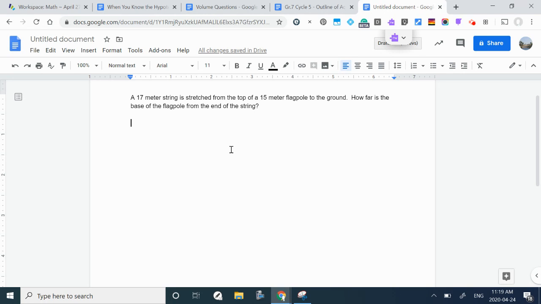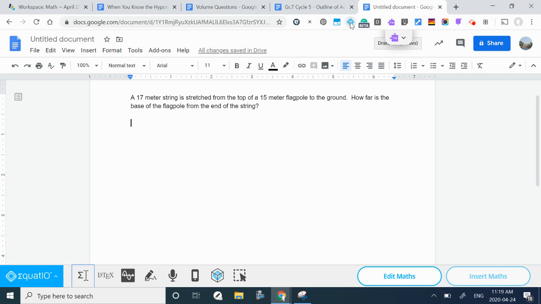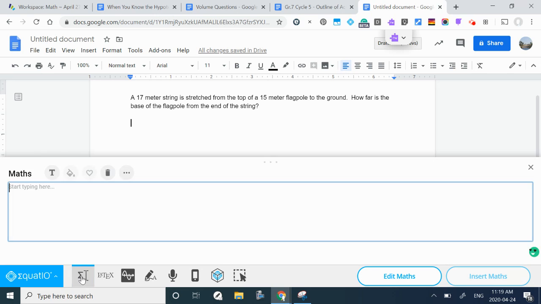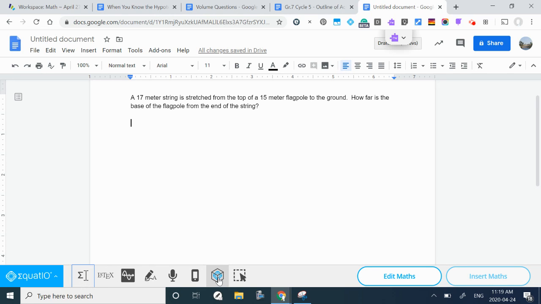A 17-meter string is stretched from the top of a 15-meter flagpole to the ground. How far is the base of the flagpole from the end of the string? So we're going to open up Equatio, this little icon here. Usually we've been going here to the equation editor. We're not going to do that today. We're going to go down to math space. Let me open up math space,